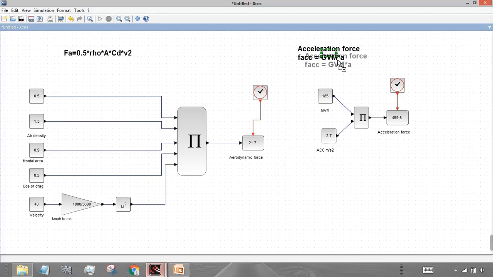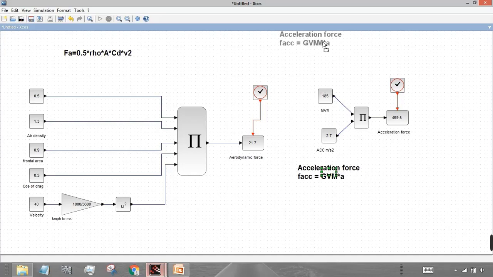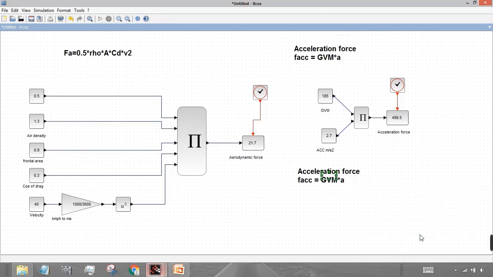Now I'll just create a copy of this. So press Ctrl, select and just drop it where you want. I'll just place it over there. Select Ctrl and just edit it. So right click, format and edit.